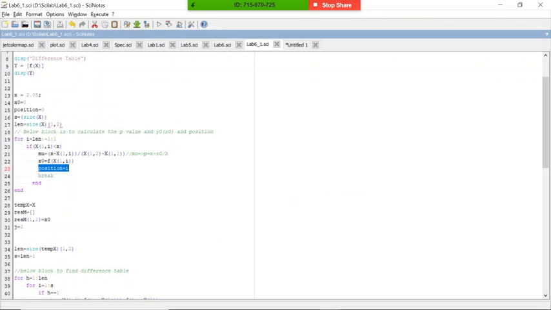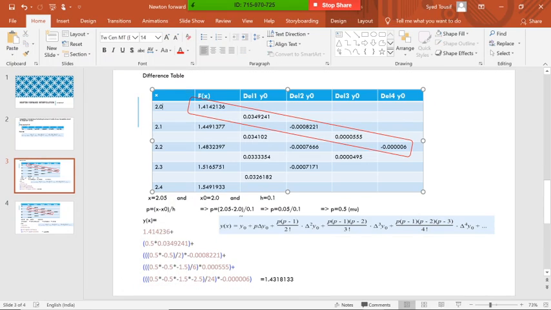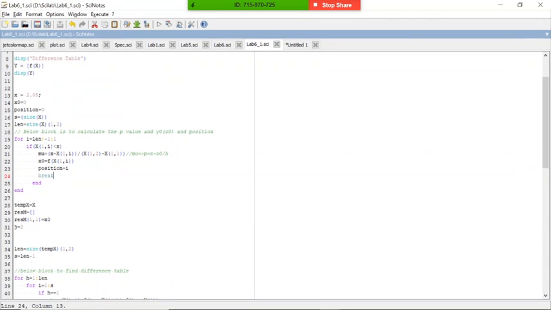This is the position of the diagonal. In this one, we will start from 5 down to 1. The length is 5, 5 minus 1 is 4, 4 minus 1 is 3, and it will go until 1. At that time we will calculate the p value and x naught value. Here the x naught value is 2.0. You can check here, we are directly applying the function itself.